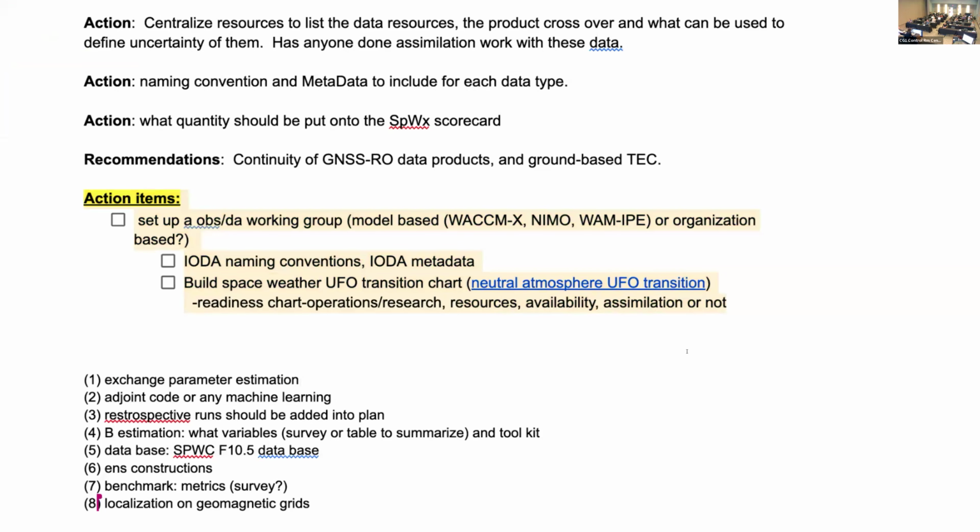Okay, so another item I would like to have such a working group work on is the UDA naming convention and UDA metadata. As I mentioned, we converted all the data files into UDA format and built a database. It can be shared among in-kinds, so we can use the same database. On the other hand, we would like to have a more or less common naming convention, so we can exchange data easily. We can compare and verify performance straightforwardly using the same database.